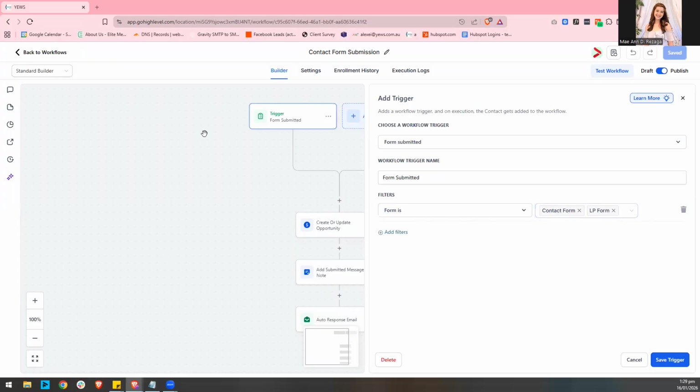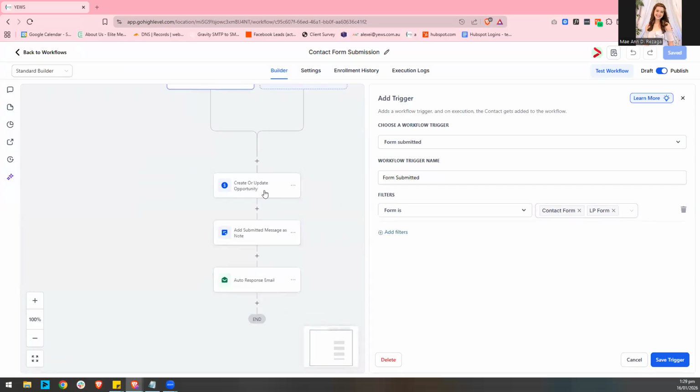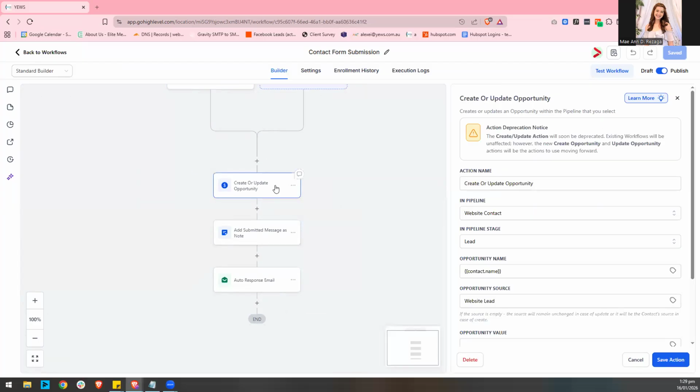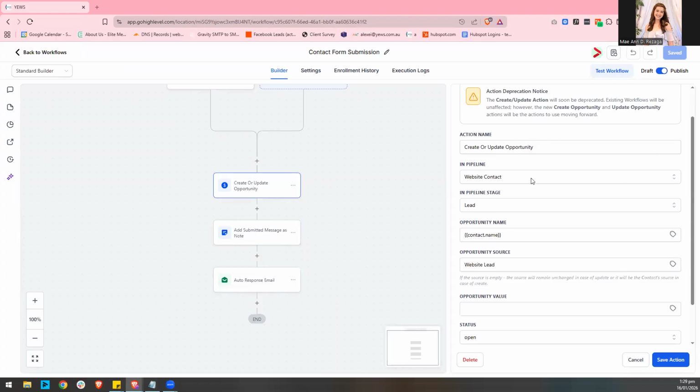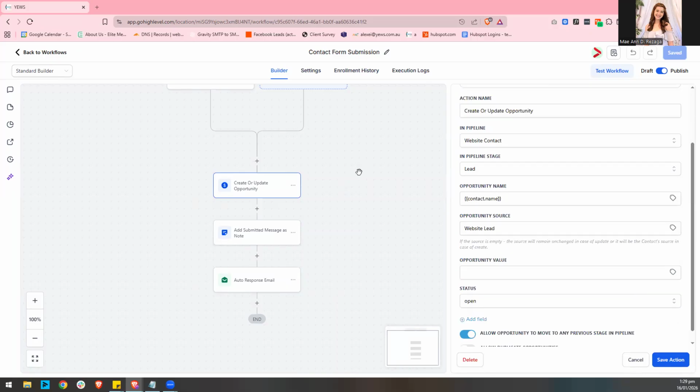So the first action automatically creates or updates an opportunity in the pipeline. If the contact is new, an opportunity is created. If they already exist, their opportunity is updated.